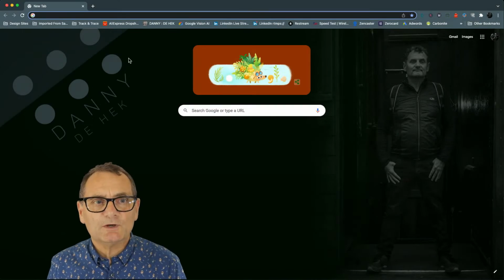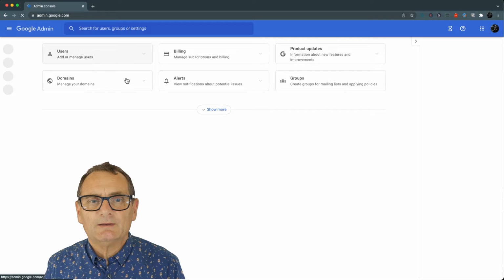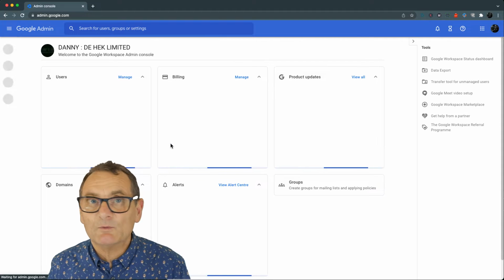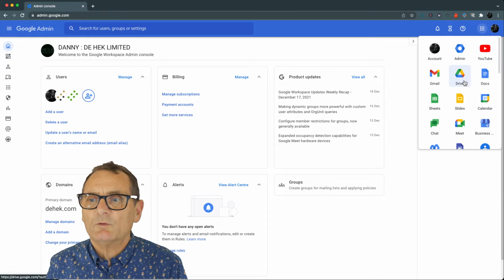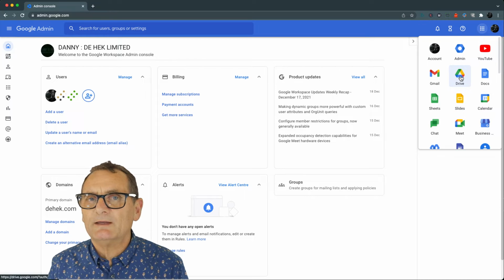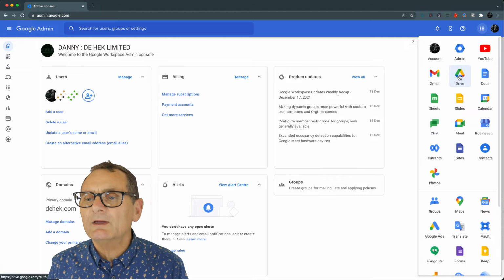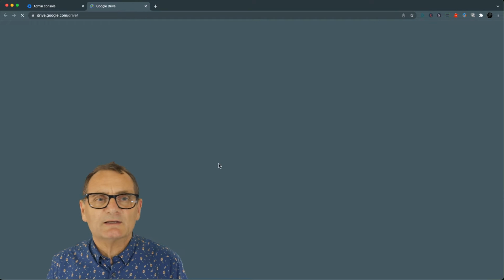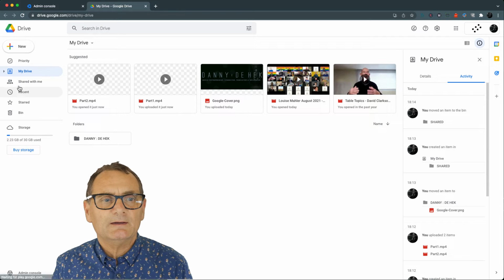So first thing you want to do is go into the admin area of Google. So admin.google.com. And this will get you into something you are now getting more familiar with. On the right hand side you will see that you have Google Drive here. Now just so you know, you can move these around and sort them around if you choose to. When you click on this, this will take you to the cloud version of your Google Drive, and you can